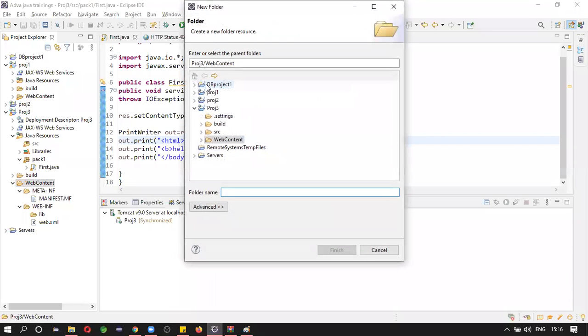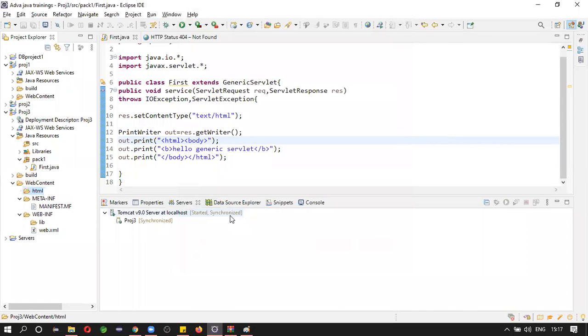Here we need to work with HTML files. For registration, one HTML. For profile, one HTML. For login, one HTML. For logout, one HTML. For the home screen or home page, one HTML, like that. So I am creating a folder. The name of the folder is HTML.